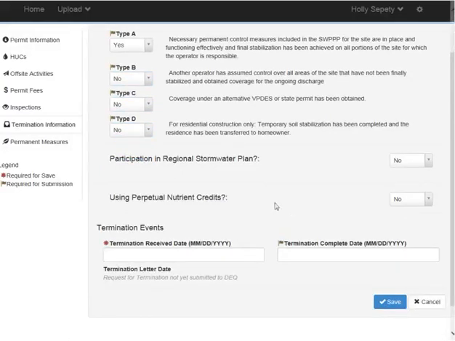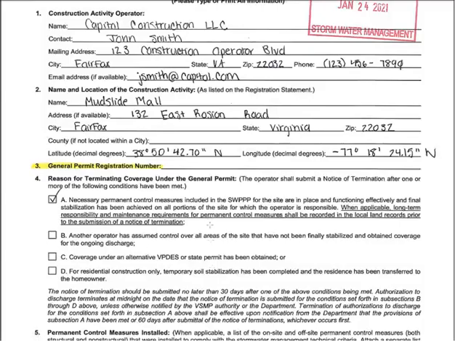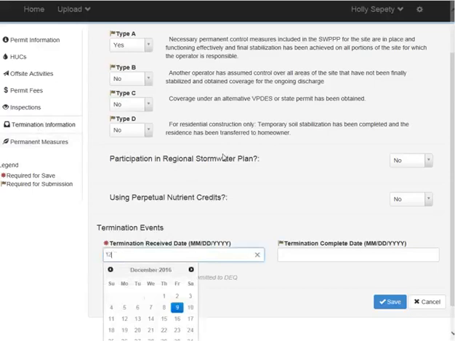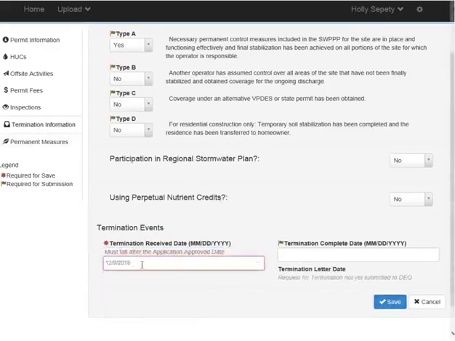The form also has an entry for a regional stormwater plan or nutrient credits. So you want to make sure that if they did have nutrient credits, they put that on the form. If not, most of the time they're just going to have the permanent control measures, which we'll show you in just a second. So we can go ahead and enter the termination received date and hit save,